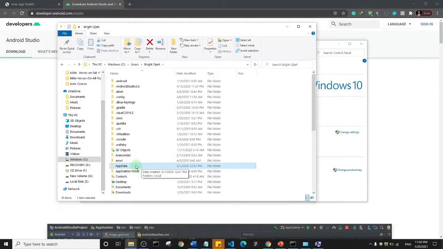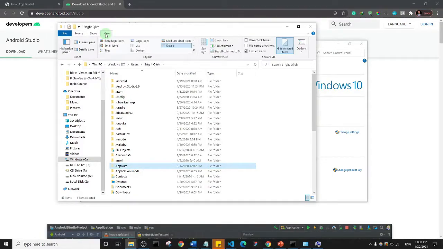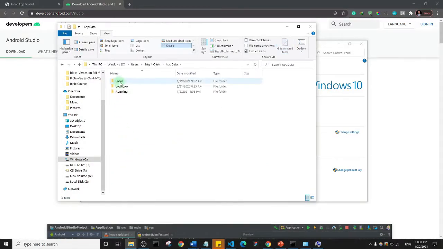So what you need to do in that case is to click on view and click on hidden items. It may be unchecked for you, but if you click on it, it will show app data and some other hidden items. Okay, so I'll click on app data, I'll open it up, and then I'll click on local,